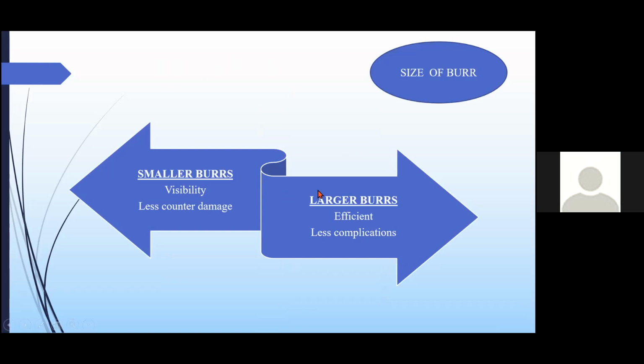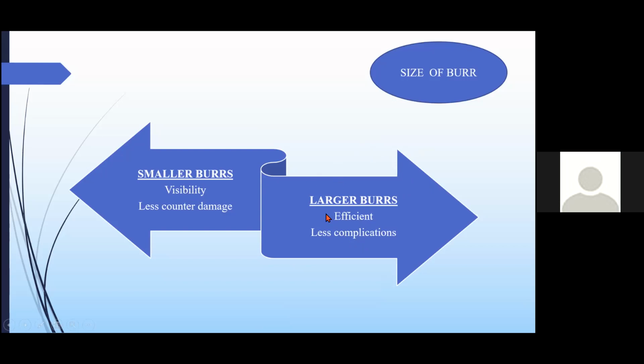The size of the burr also determines the removal of the disease or opening of the cell. If a larger burr is used, it causes wider drilling and wider exposure, and the penetration of the burr into the structures beneath, and the damage, is less. So efficient removal and fewer complications are seen if we use a large size burr. That's why most of the time when we start the mastoid drilling, we start with the large, larger cutting burrs. Smaller burrs we can use, but the visibility,